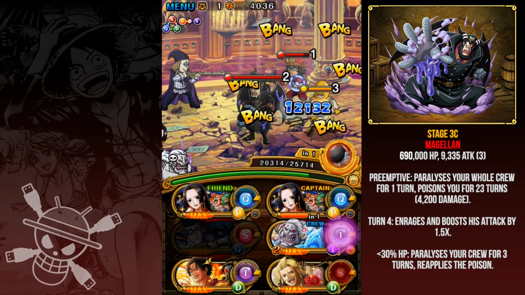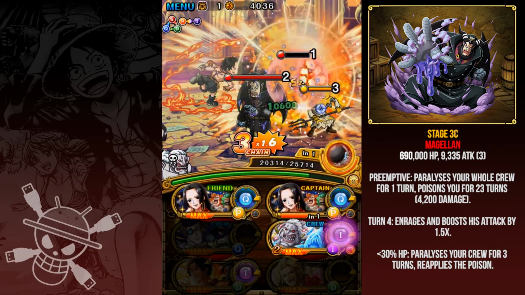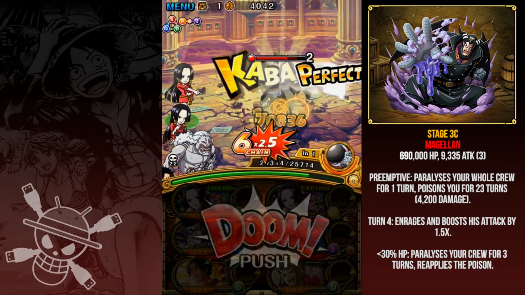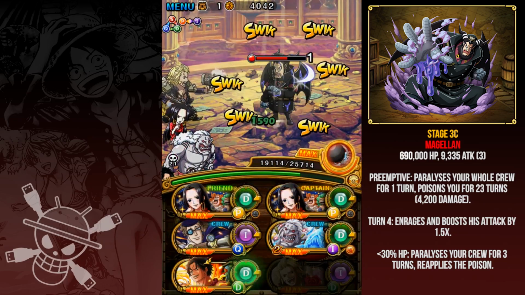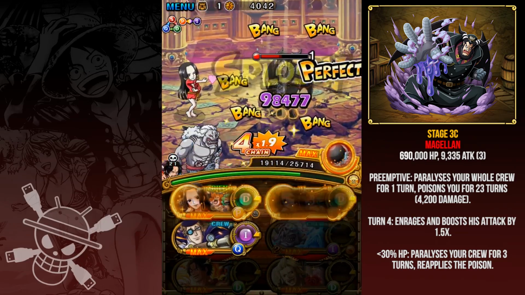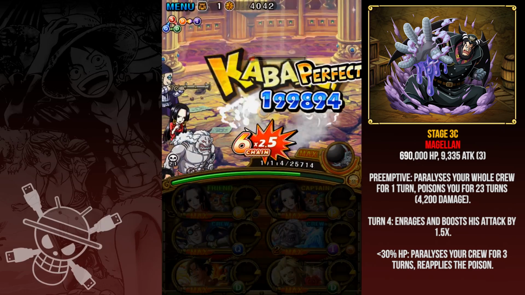He hits for 9,000 damage. You probably can tank 1 or 2 hits, but it's not recommended to do so. He has about 700,000 HP, so not too bad. But that's still quite a decent amount of HP if you're not going to use any specials. You can use the Kizaru Cannonball here if you have a little bit of trouble, but should be okay. And then on to